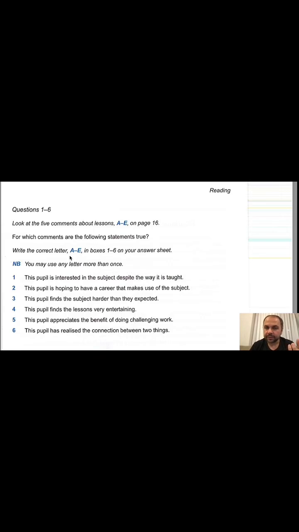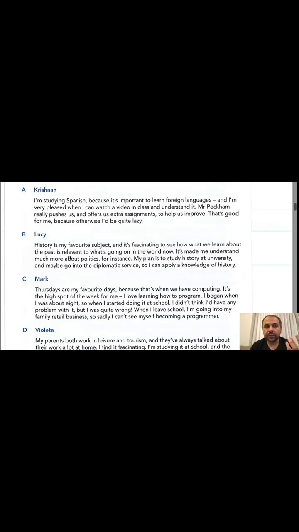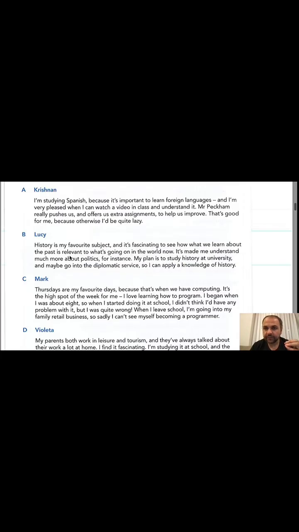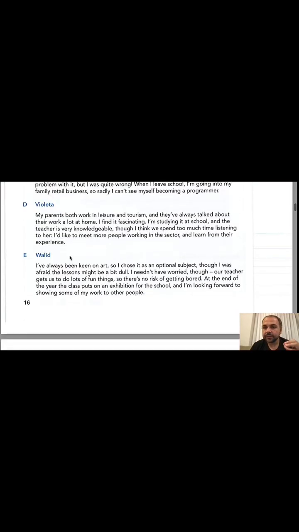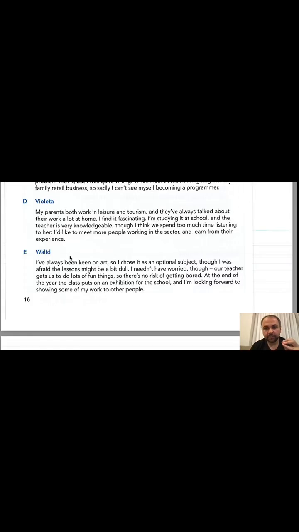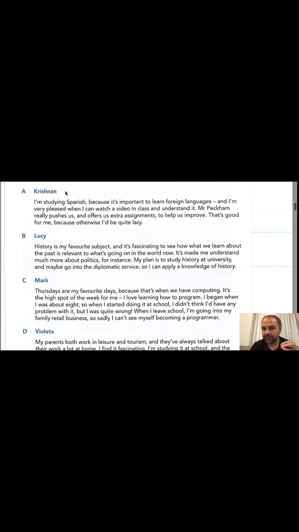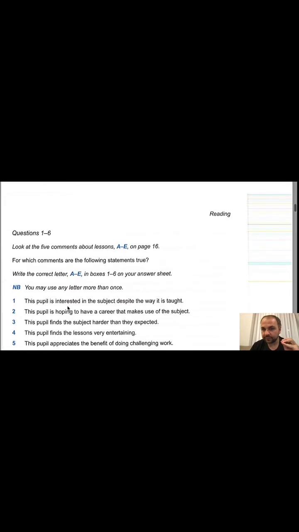Okay, so my advice, first of all, read the texts separately. And after having read, try to figure out which text corresponds to which statement. For example, read text A and then try to find out which statement or statements out of the 6 correspond to the first text. I have already read the text and the corresponding statements, thus I'm directly going to start